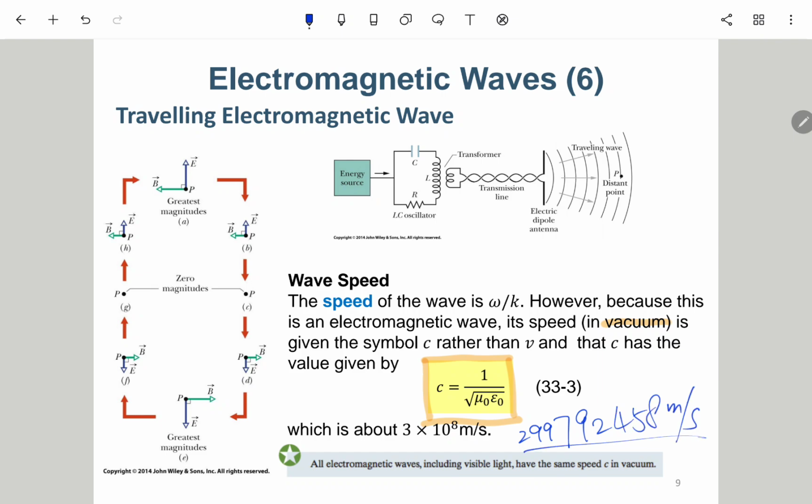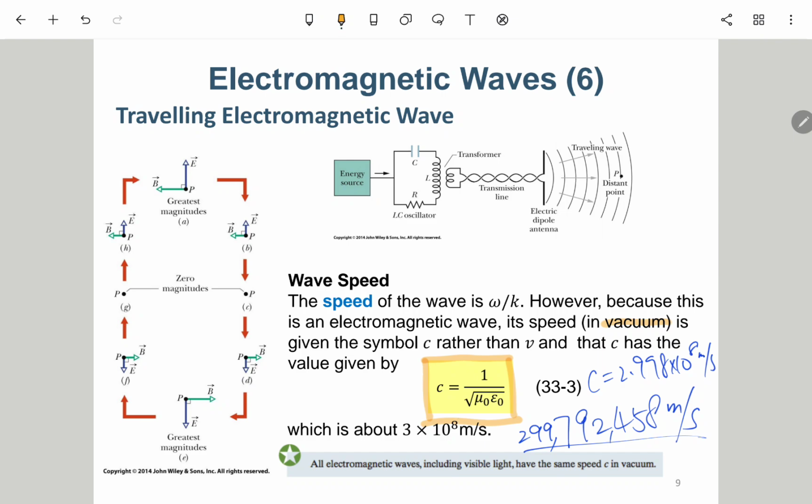This is an even more precise number for c, but usually even for modern physics, 2.998 times 10 to the 8 meter per second is sufficient. Okay, so here let's see why